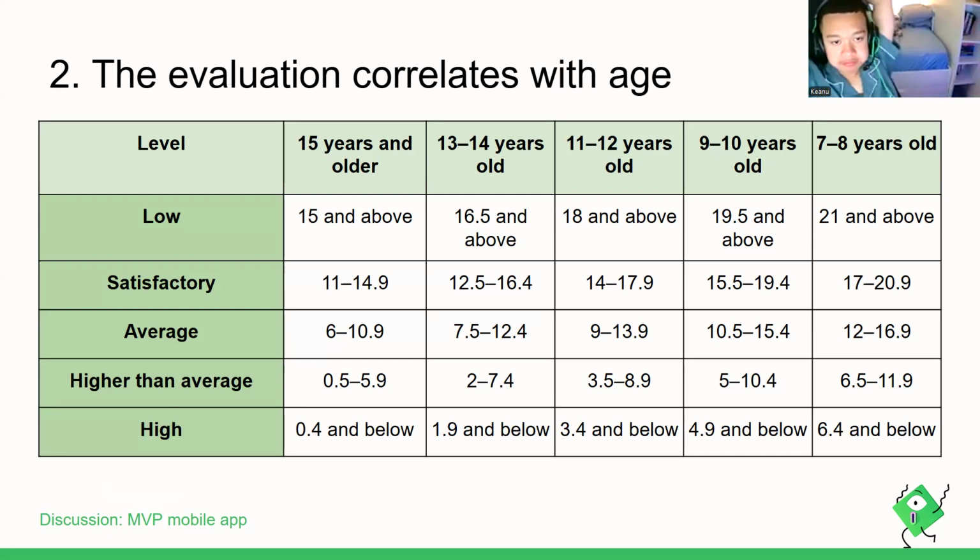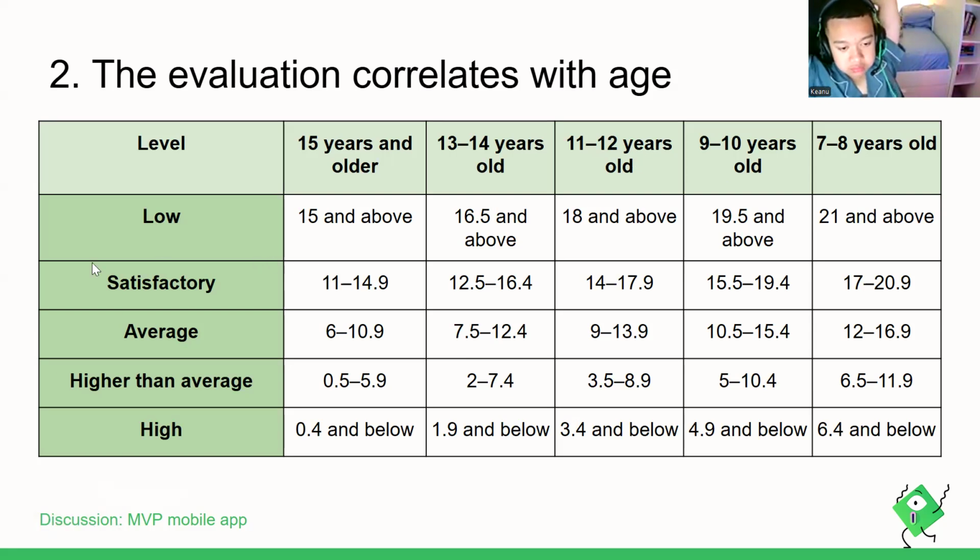So when the result is low and we tap maybe our age is maybe 12, we can see the result. Oh, so it must be 18 and above. And how about if we type satisfactory and also this one again?